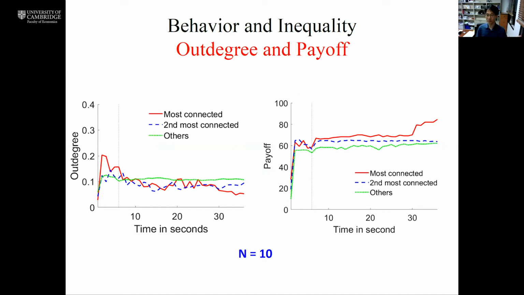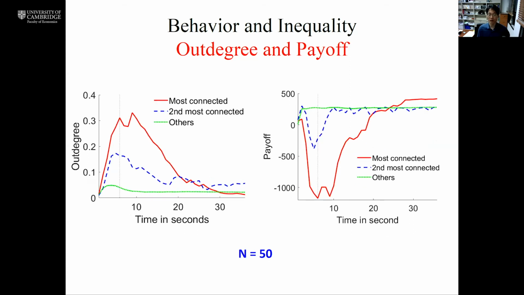The graph on the left is the time series of the outdegrees, like the number of links you created, across the 3 different subject groups. And as you can see, there are no clear differences between these 3 types. However, the most connected individual is actually receiving more links, so the payoffs are slightly higher, as you can see. However, in the large group, n equal to 50, the most connected